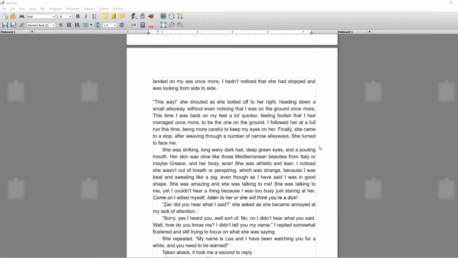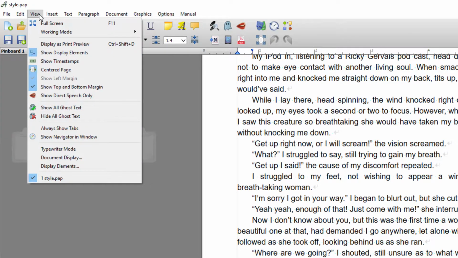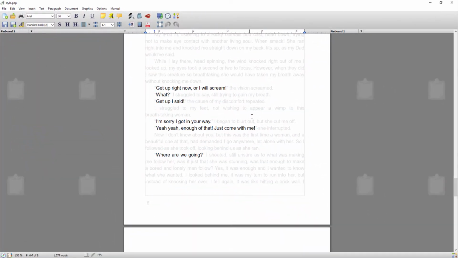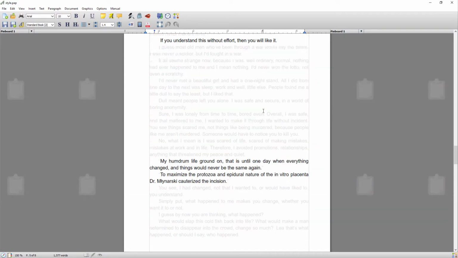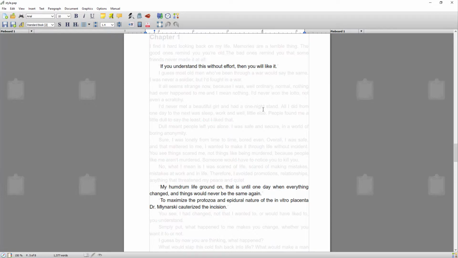Okay, so to turn direct speech on, use this icon here that looks like a mouth. Now, you may not have this on your toolbar. If you don't, then go to View and Show Direct Speech Only. So as you can see, what it's done now is highlight only the dialogue of the book, which is really, really useful when you're in your editing stages because